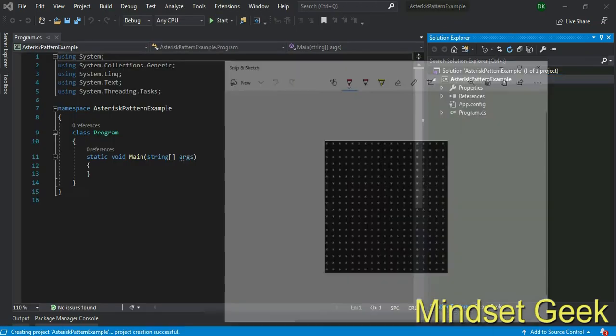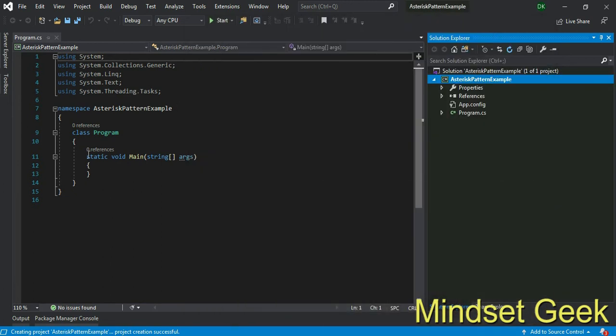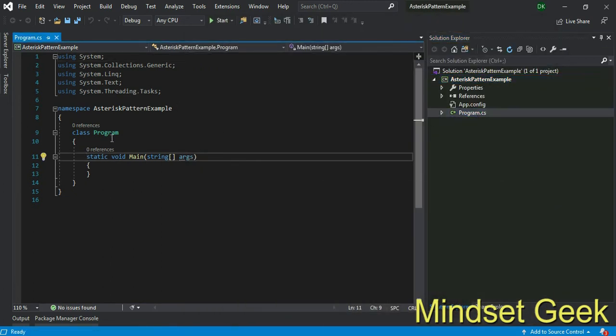As a first example, I want to explain this kind of pattern, how you print it, right? Different kinds of logic, how we apply them. I want to explain how we print this with a for loop, not an if statement, right? Okay, this is your Program.cs class and it has a Main method, right?